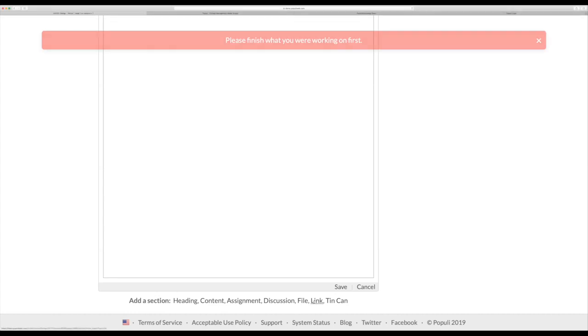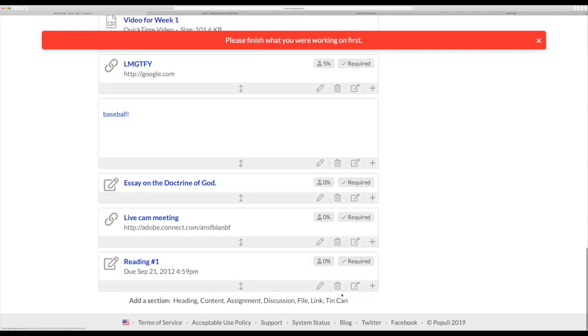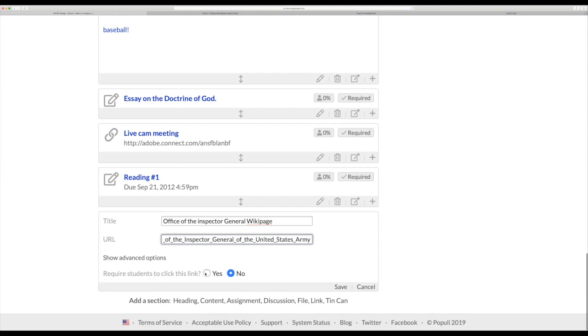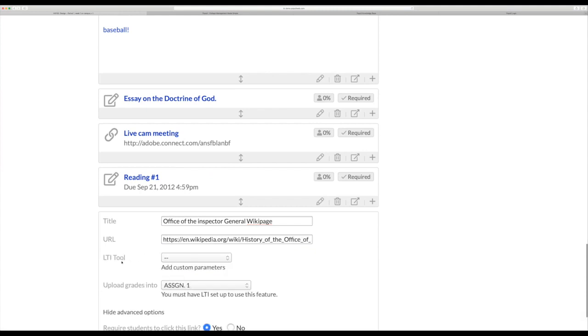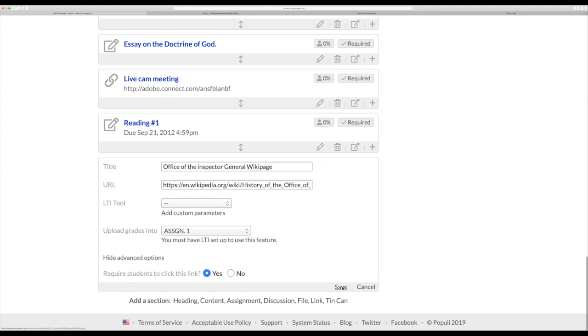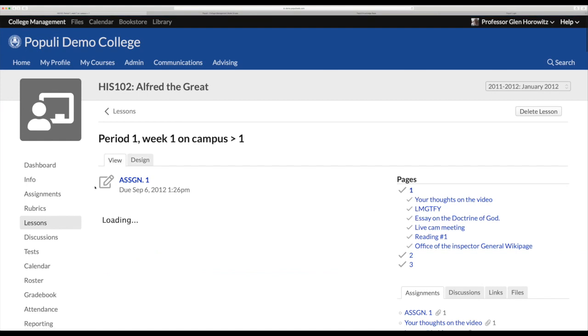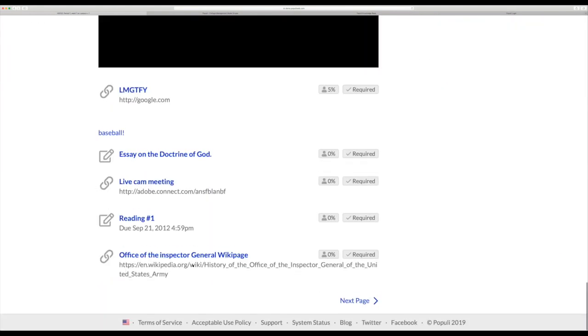All right, so I'm just going to grab the link, and I click on cancel to get rid of that. Click on link, and then Office of the Inspector General wiki page, or whatever it might be. And then I add that there. I can require students to click on that. I can show advanced options connected to an LTI, and then I save that. And then I've got a new link in here. I can see what it looks like by scrolling to the bottom. And then there's a link there that I could use as well. Okay,